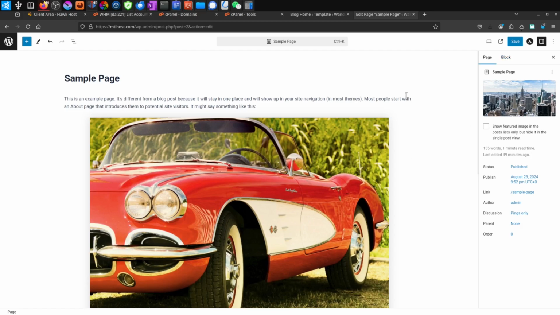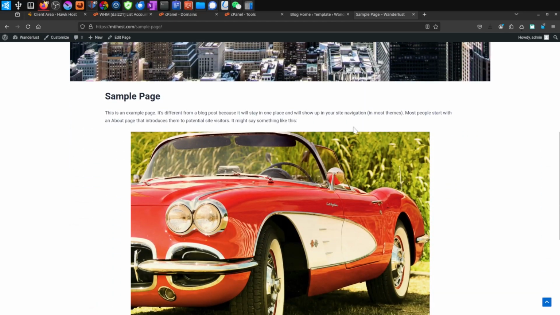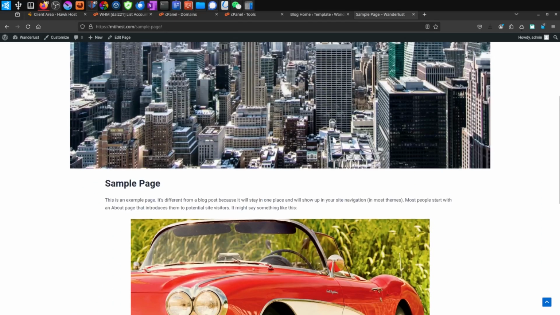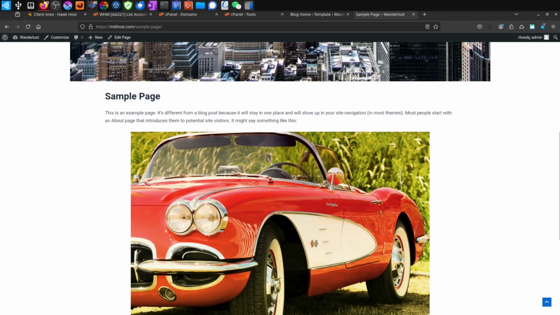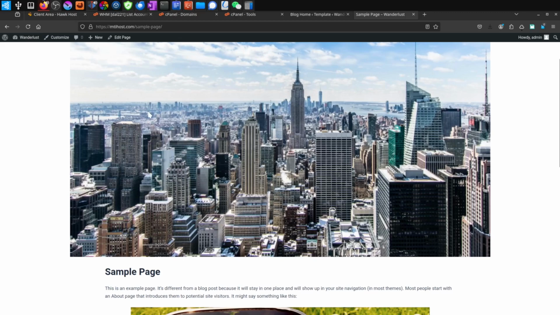And so this is the default page editor, which looks just like the post editor. So you can save it, view it, and there you can see the featured image that I had set is showing, because this theme has decided to show featured images on pages. And you can see that cart image I put in there. Now, if we click on this option that shows up because we changed the theme, it says customize. We can click on this,